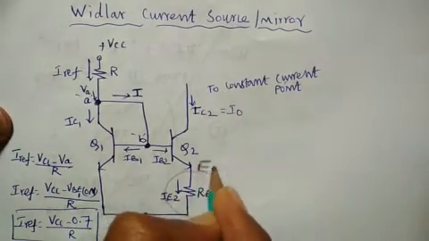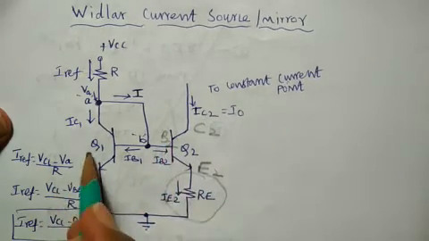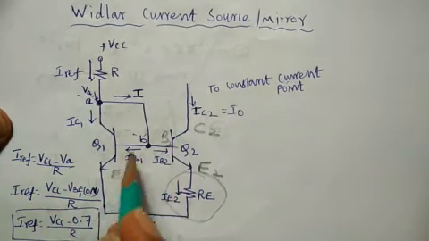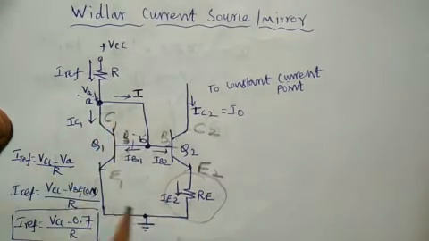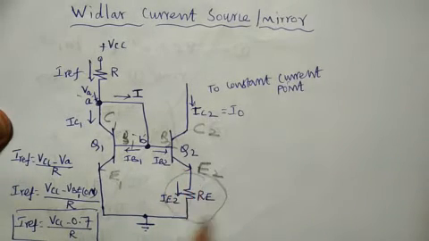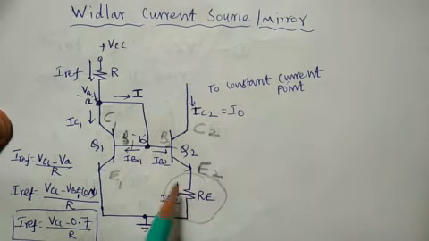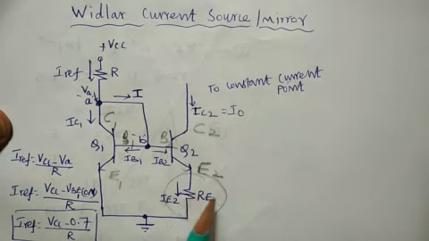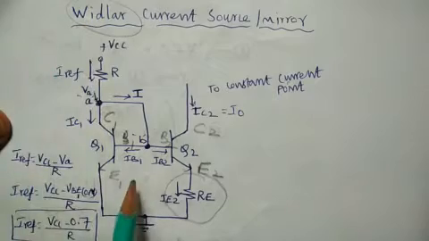Here it is E2, emitter of Q2, collector of Q2 and base of Q2, and here it is emitter of Q1, base of Q1 and collector of Q1. In the emitter terminal, instead of directly grounding it, a resistor named RE is added. Because of that RE, definitely the current flowing in this RE is available, that is named as IE2. This is the only one change Widlar has incorporated in the simple current source to make this as Widlar current source.